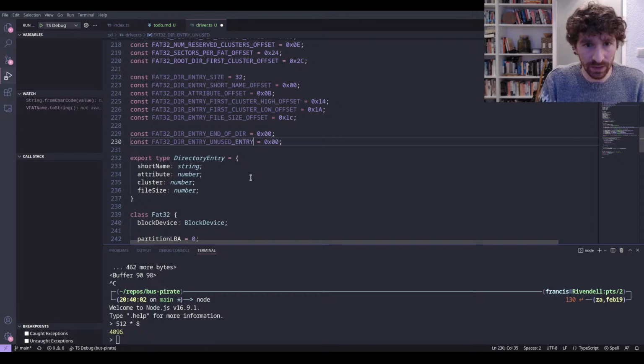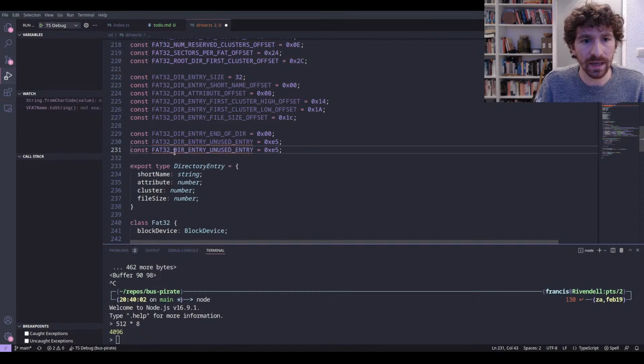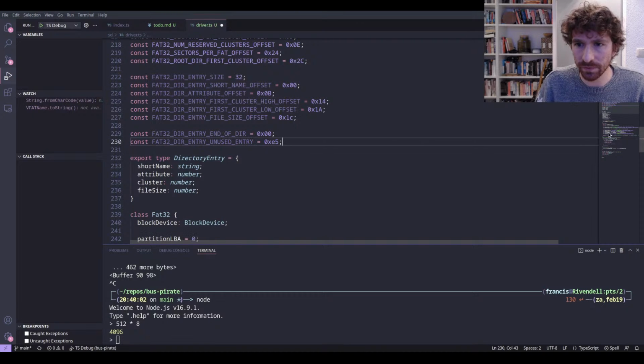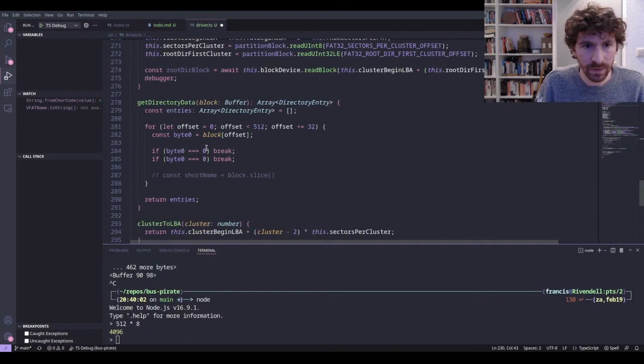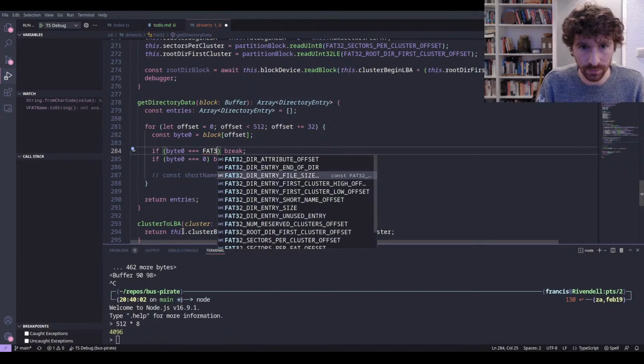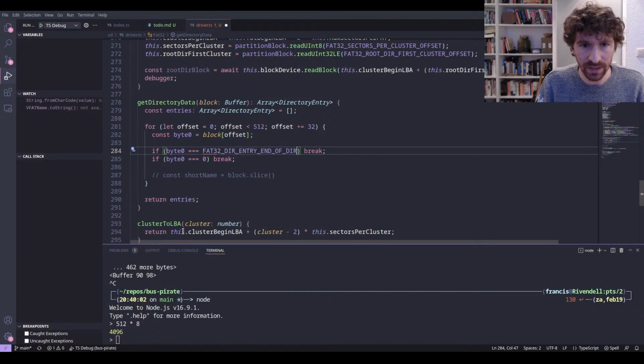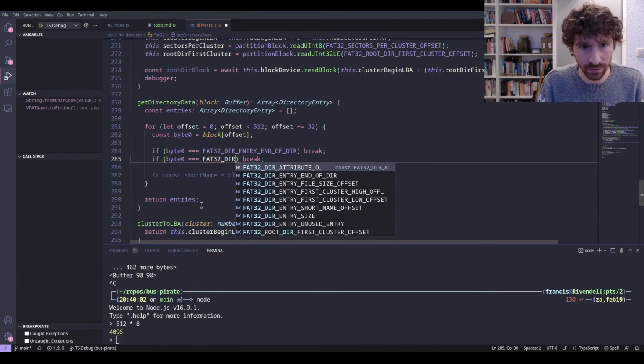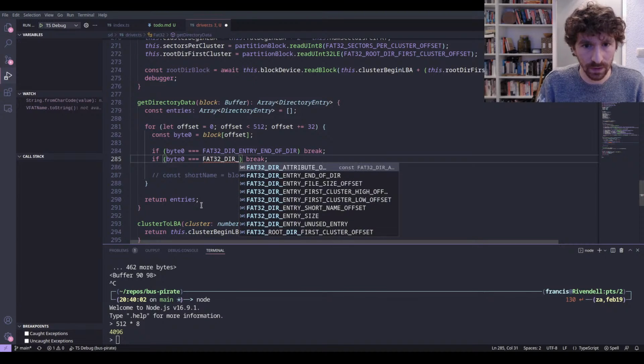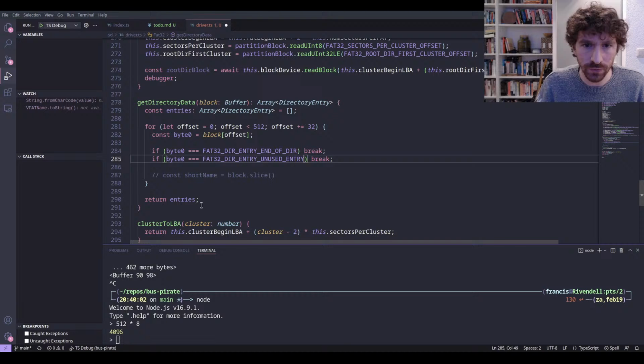Unused entry. That was E5, and those will work for now. So if it's FAT32 end of directory, then we break. If it's FAT32 directory entry unused entry, then we also break. We could also put these in like a